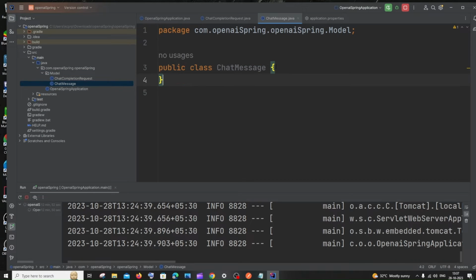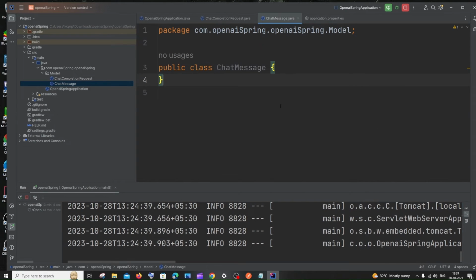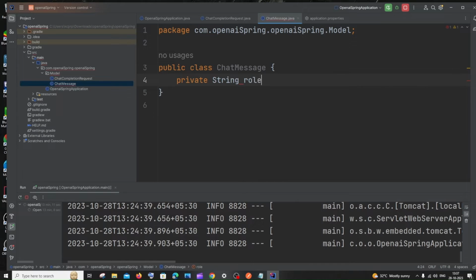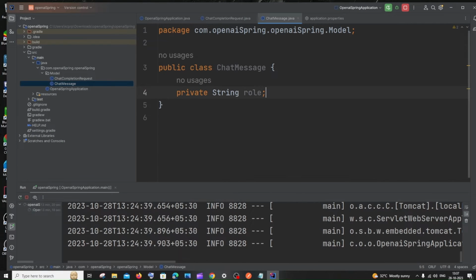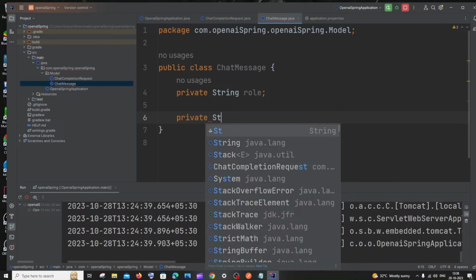So now we are done with this, and this takes in another 2 parameters. Okay, so 2 data members. So it has role and content inside that, this messages thing. So let me just quickly do that. It's going to be private, everything is going to be of type string. Okay, it's going to be role. Make sure that you spell it with the smaller cases, don't add capital, because here they have given it in smaller case. So it's going to be a smaller case. So it's going to be private string